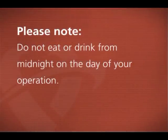Weeks before your surgery, you'll head to the pre-admission clinic. Here, you will meet the anesthesiologist and other specialists to review your medical history, perform a physical exam, and go over any lab results with you. You will also be given instructions on your medication and told not to eat or drink from midnight on the